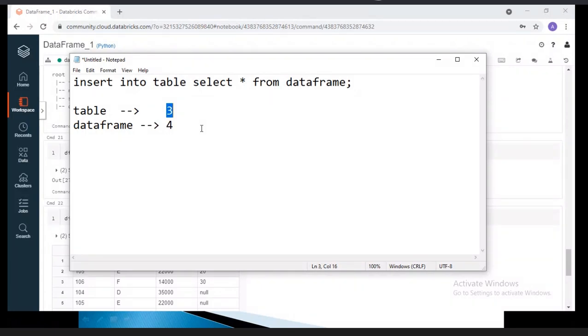But how about your downstream systems? Your downstream systems are reading the data from your output file. They're writing the data into one table. Definitely their process will fail, right? Because blindly they're using the star. Blindly they're using the star because they are very confident about your data, right?